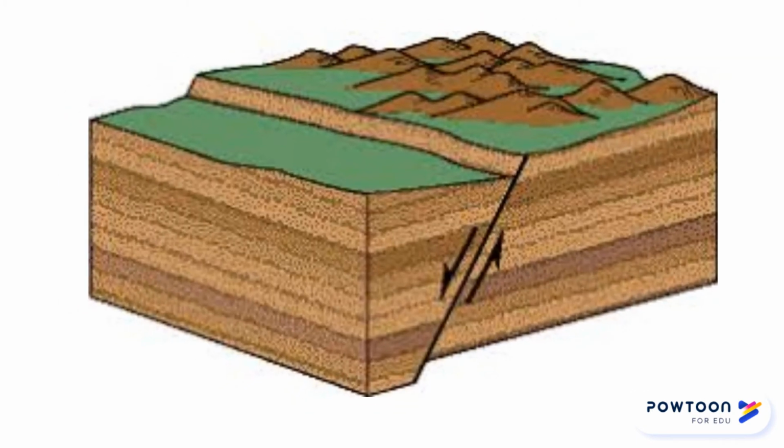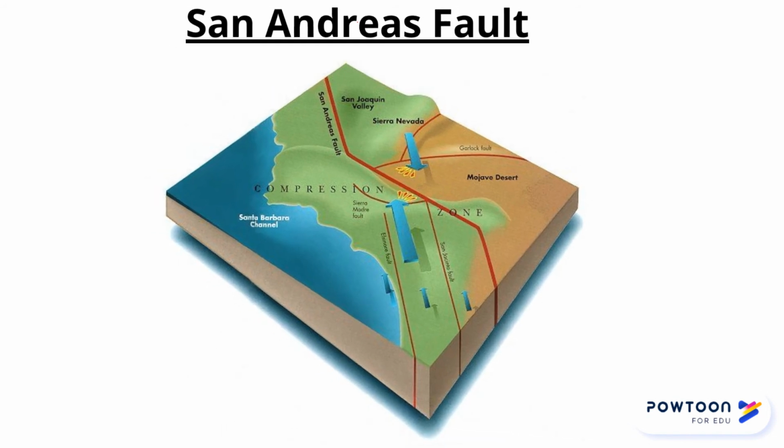Between all plates are faults. When plates move, stress builds up between them. If enough stress builds up, the plates will crack, creating a fault. Because the plate must exist in order to break, we know the fault will always be younger than the rocks they separate. The San Andreas Fault, one of the most well-known and studied faults, was created 30 million years ago